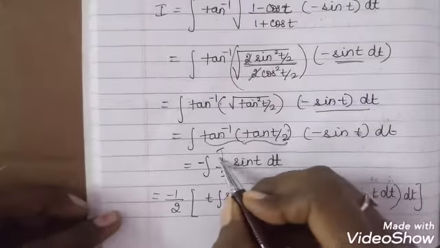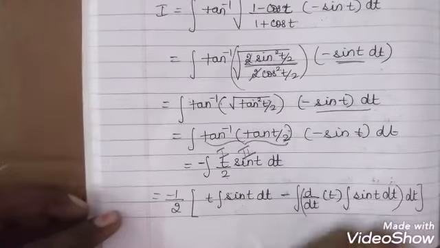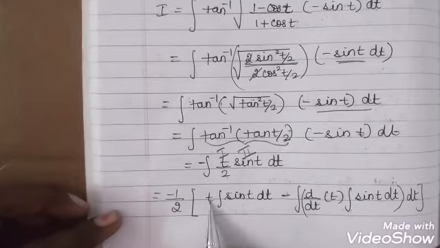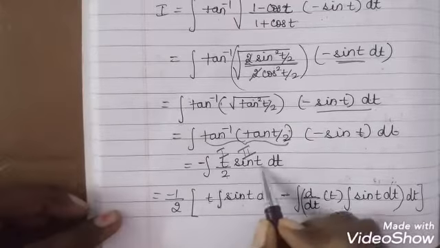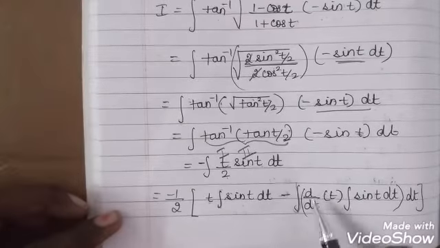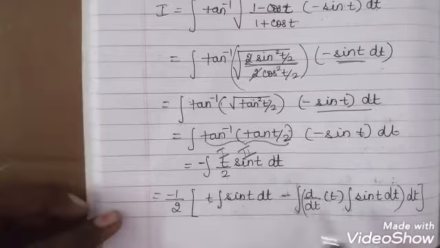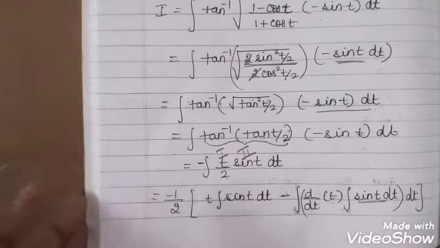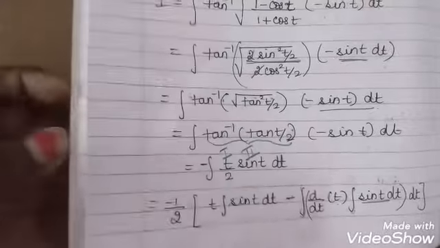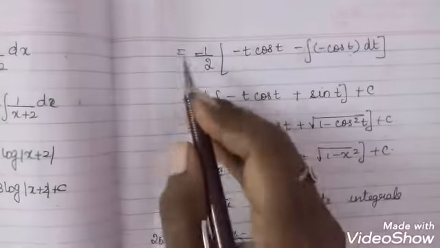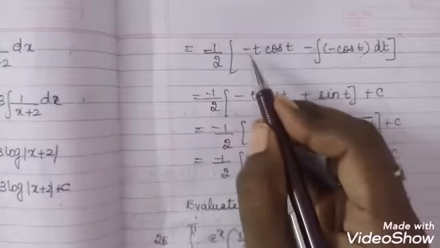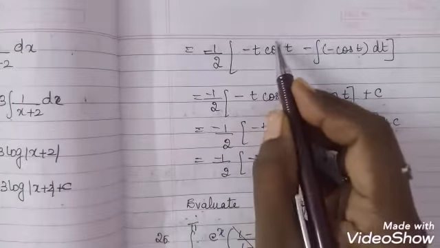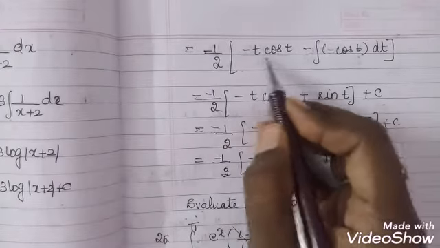So this is trigonometry, the algebraic is the first one and this is your second one. So it's the first one, t, into integration of the second one, minus integral of differentiation of the first one, that's nothing but differentiation of t, into integration of the second one, that's nothing but sin t dt. Okay, so here we'll see how we'll integrate it with respect to t in this case, which is equal to minus 1 by 2 into minus t cos t, because integral of sin t is nothing but minus cos t